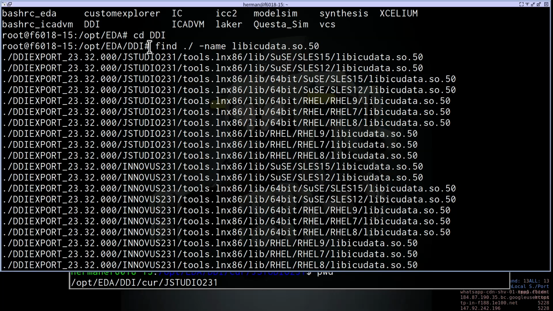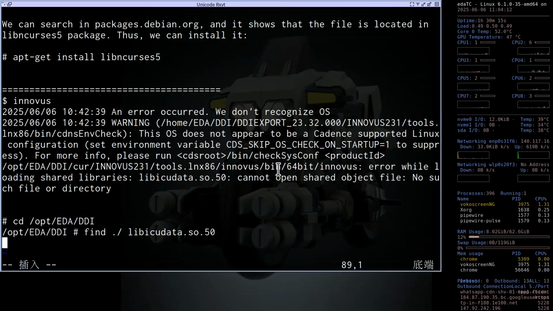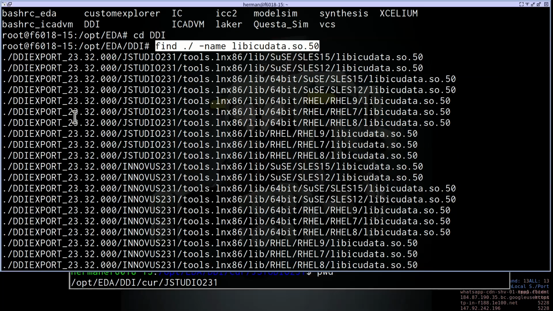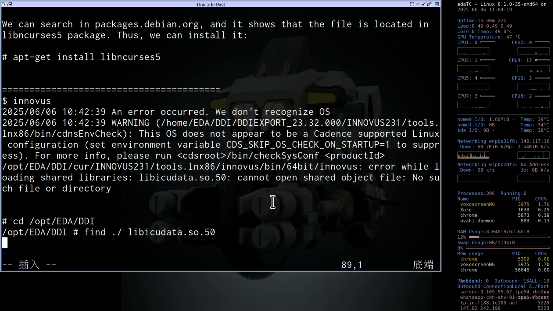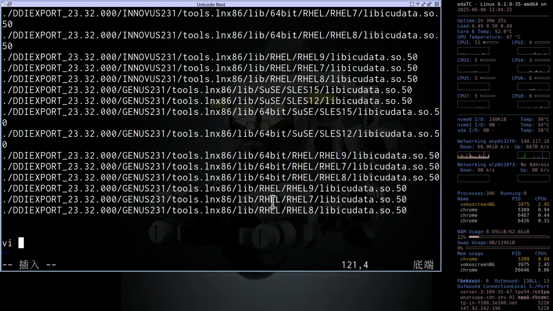Understand? So if we find this, we will find a lot of files here. Then we can vi opt eda bash rc eda.